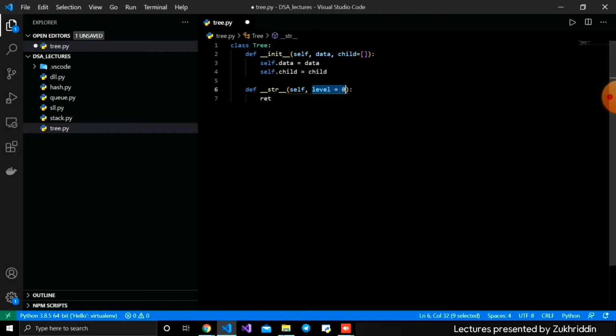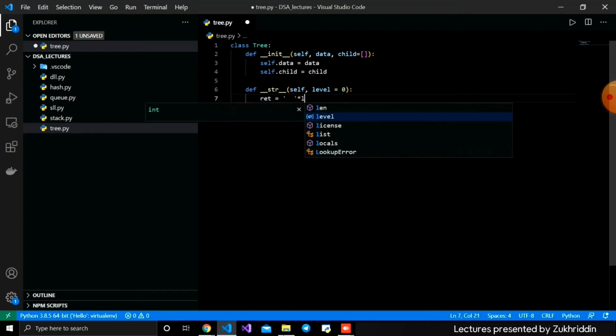At level 1 we have a child of the first root, which is the parent of the child. Using this level we're going to analyze the tree easily, so I'm defining the variable ret, which is especially an empty string. We're going to give 2 spaces here, and then multiply by the level,